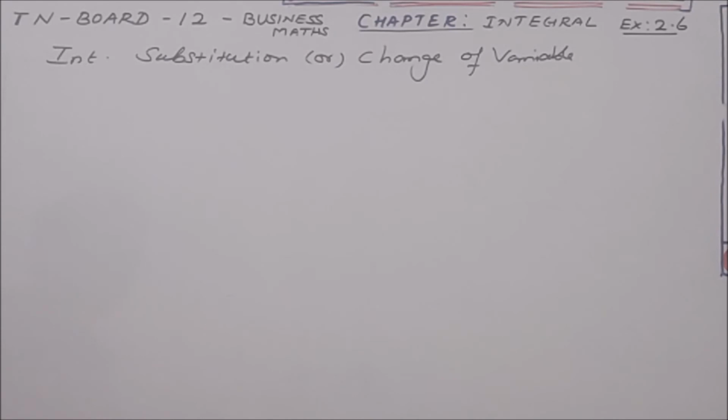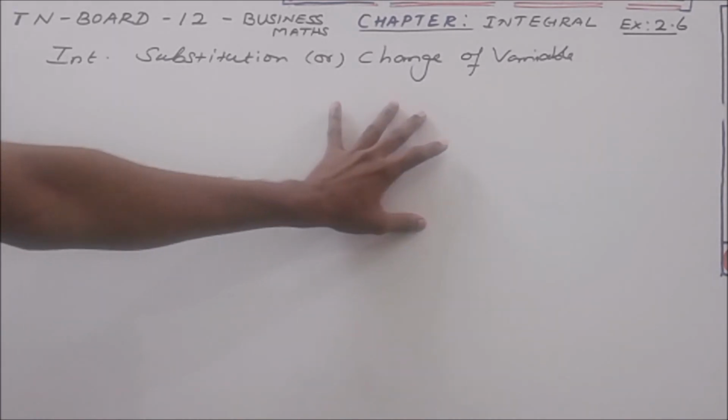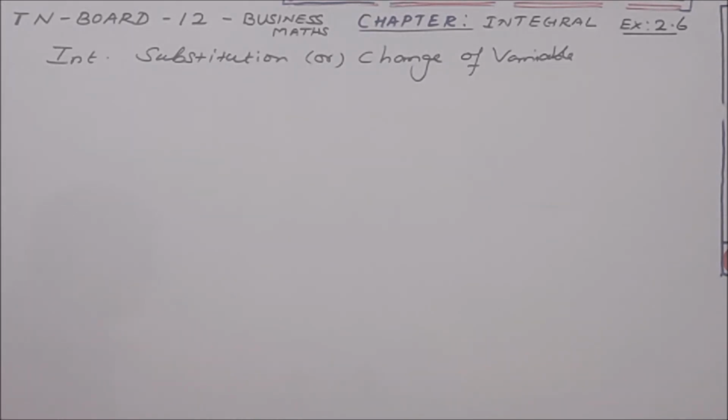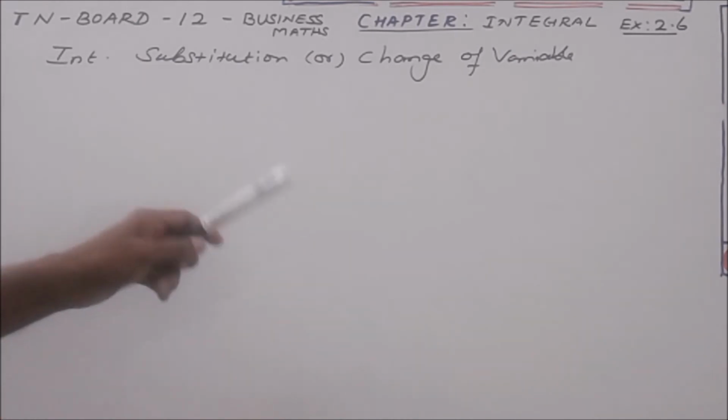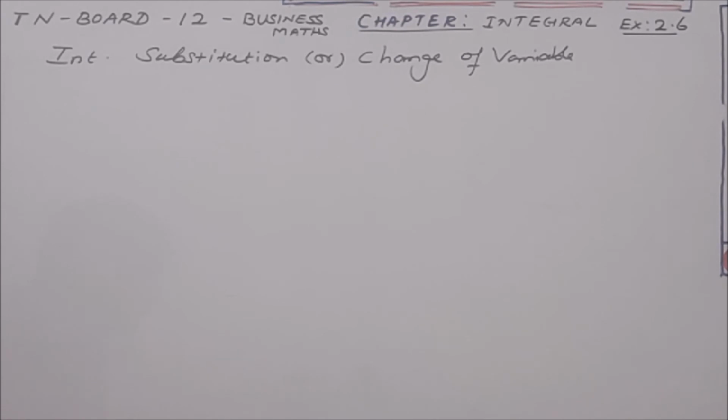Directly, the given problem will not be in the standard form. By substituting or by reducing, we can bring the given problem into a suitable standard form. So the substitution method is very useful to bring a complicated problem into an easy form. The method of evaluating an integral by reducing it to a standard form by suitable substitution is called integration